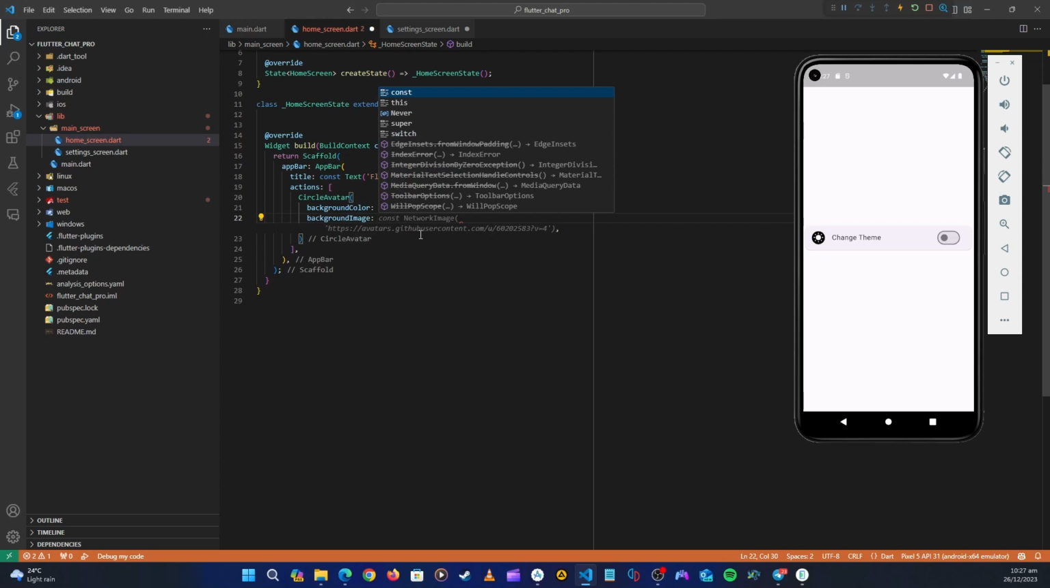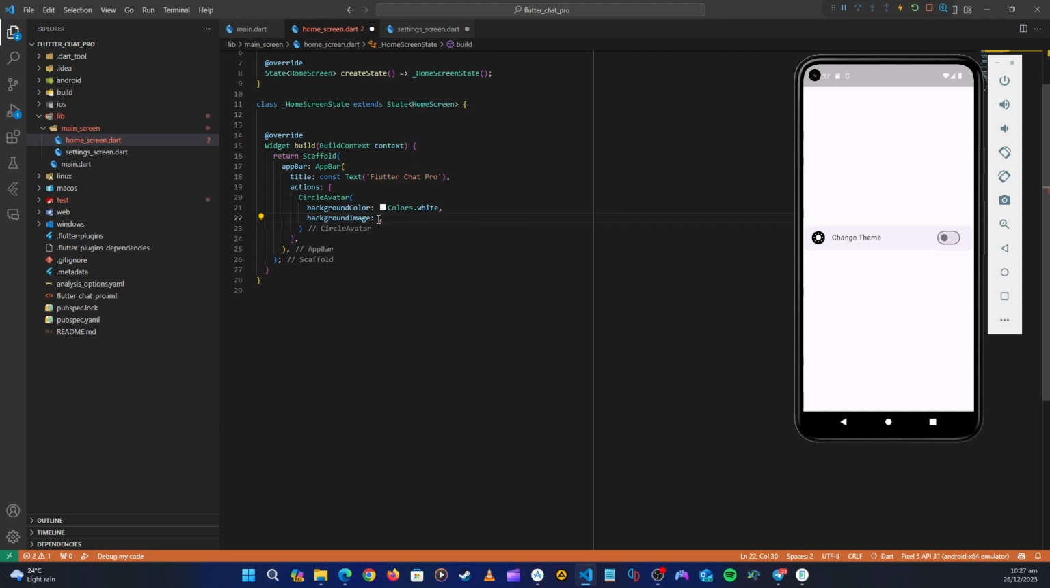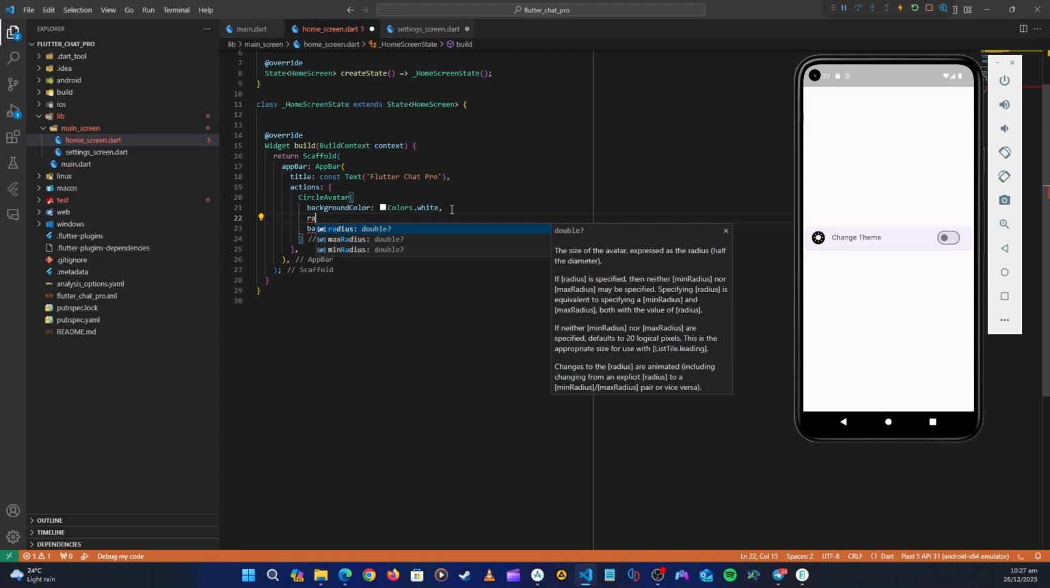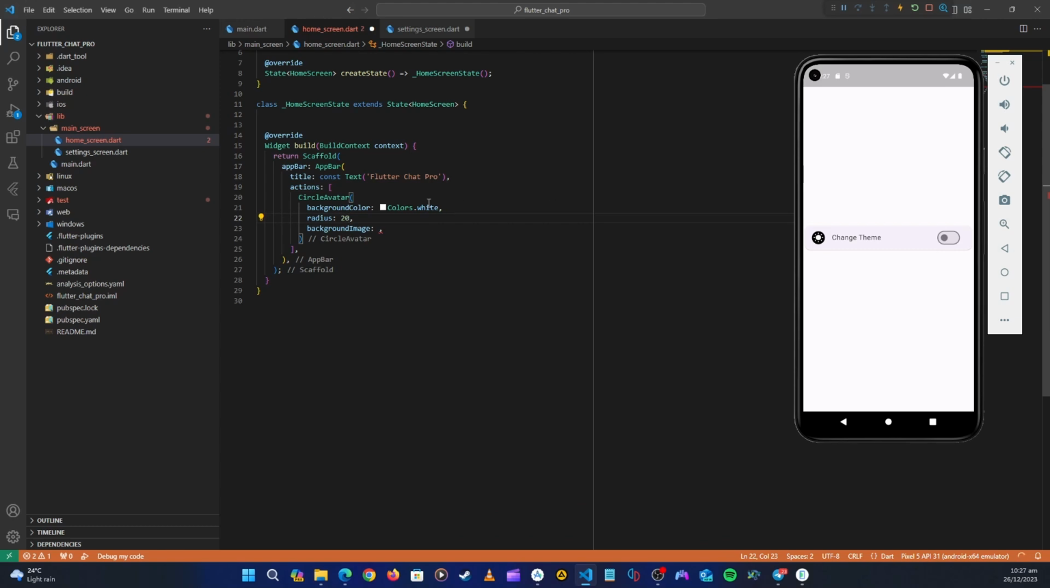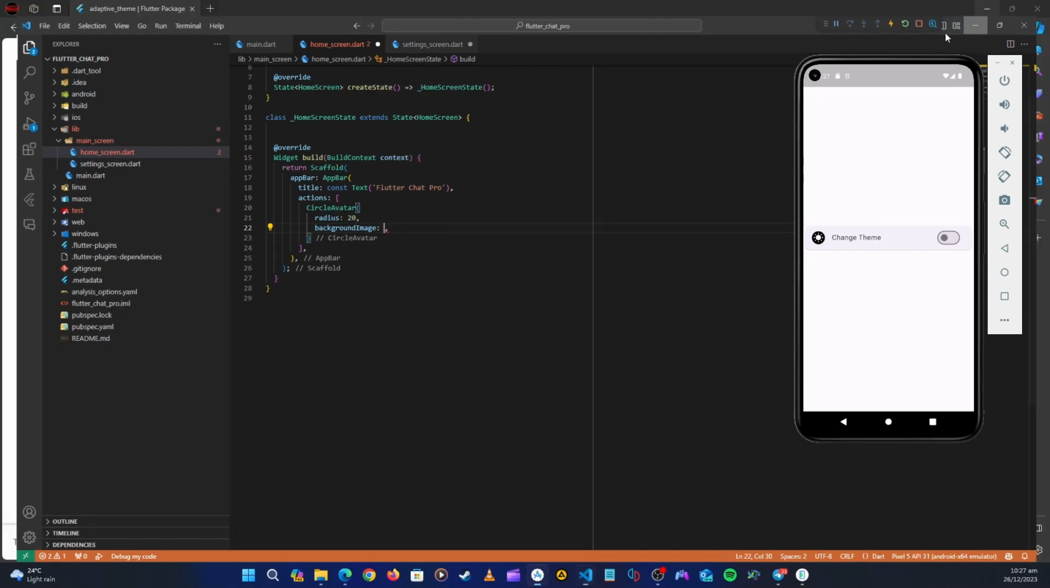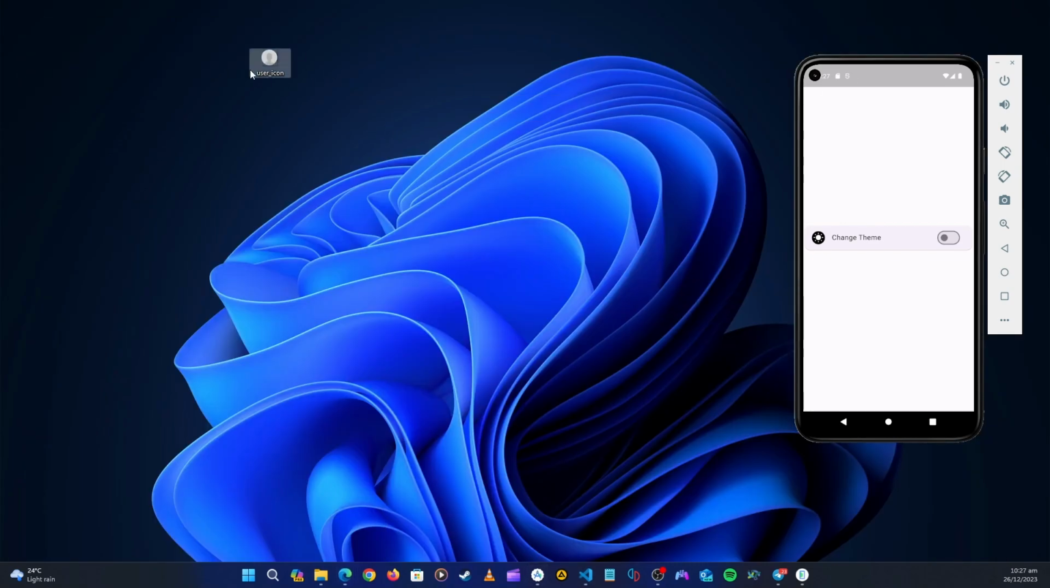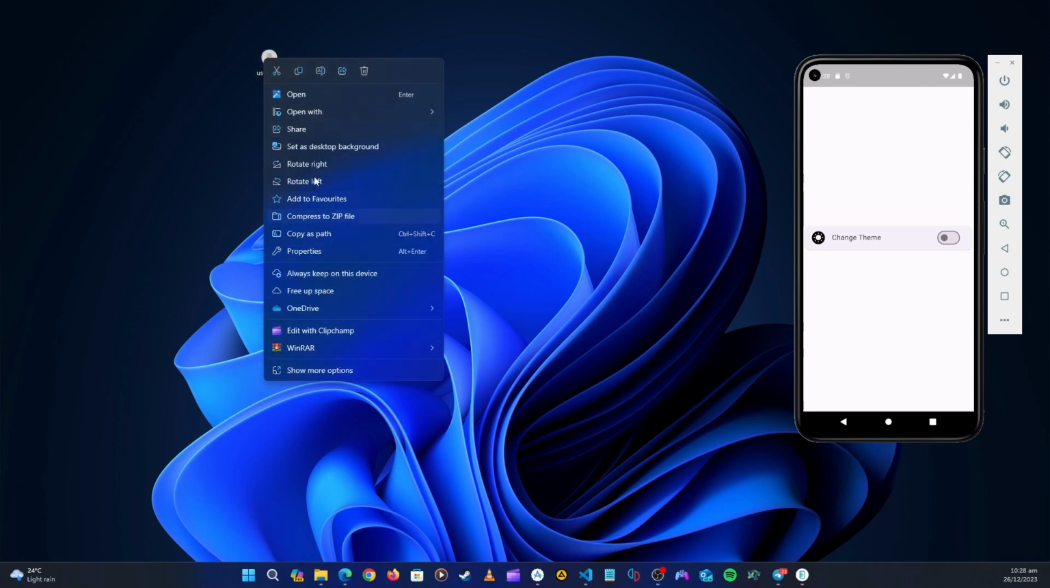What we want is a background image. For the background image, let's have the default image if the user doesn't have anything. Let's put that, and then let's put the radius. The radius can be 20. We'll see how 20 will look. We don't even need the background color here, so we can remove it. For the background image, let's minimize this. I have this user icon on my desktop. I'm going to copy it